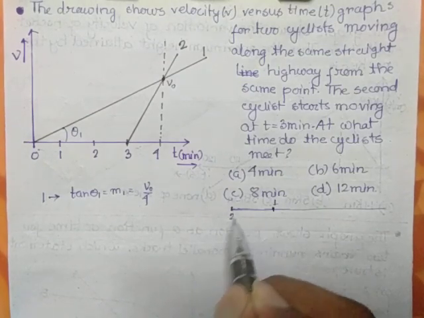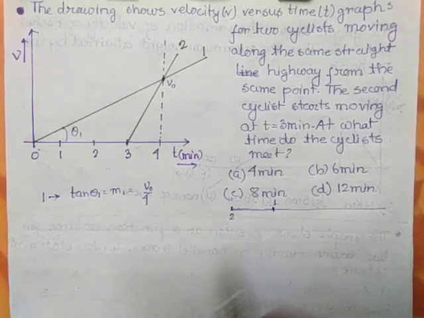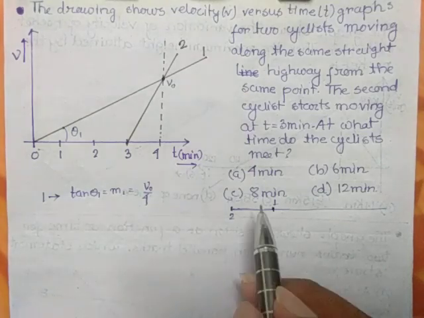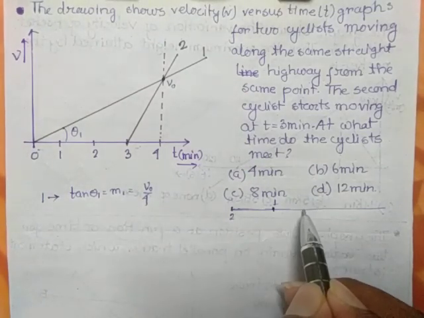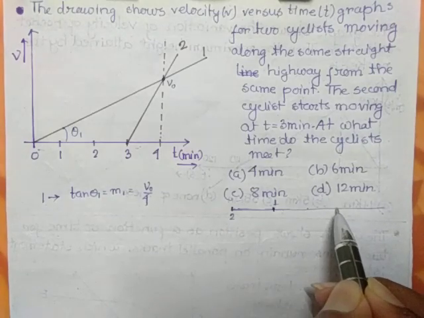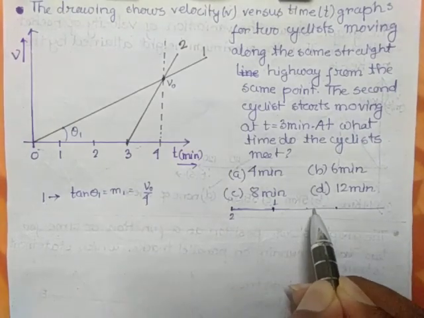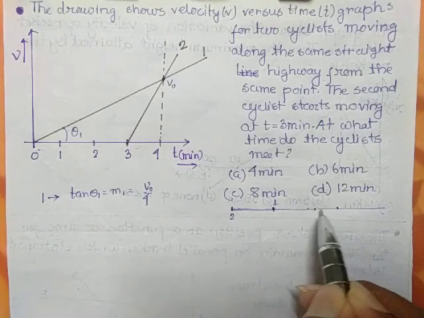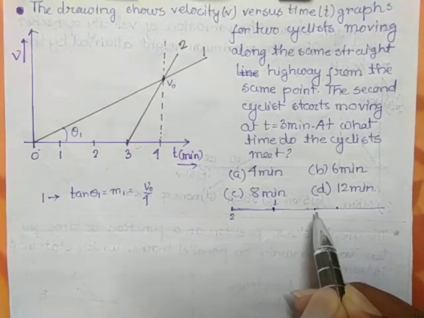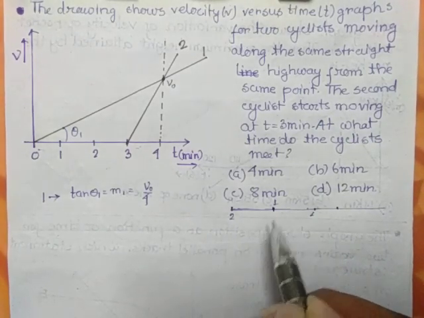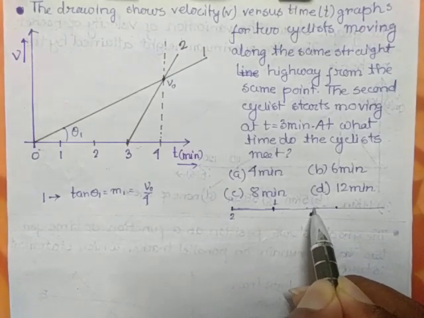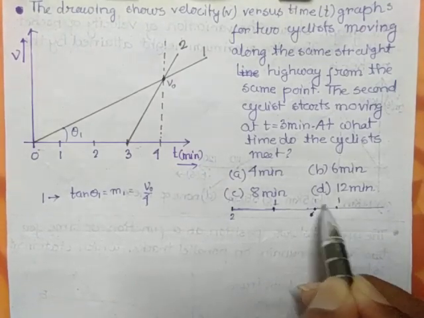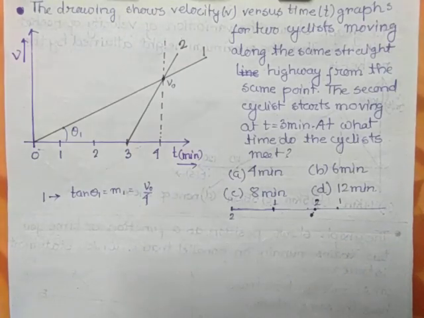So he will move with his velocity up to 3 minutes. And after that, particle 2 starts his journey. So after some time, maybe particle 1 is here, maybe particle 2 is here, they are not actually meeting. But at that particular time, when 4 minutes have elapsed, t equal to 4 minutes, maybe particle 1 is here and particle 2 is here.